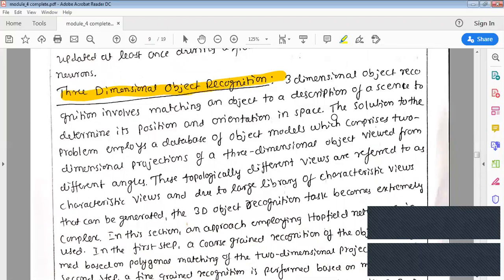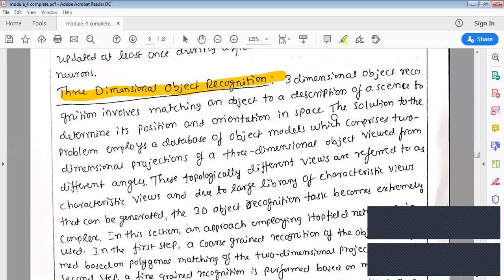Three-dimensional object recognition means we will train a neural network with a particular type of object, any object you consider. If it is facing the front, it can understand. Suppose it is facing the opposite side, or if I tilt the object to another side, can you recognize that object? For human beings, it is quite easy, but for a machine, it becomes very difficult. Therefore, we need to train the neural network so that if a three-dimensional object is rotated in any other direction, or upside down, or at a particular angle, it is able to recognize that object. That is done by these sorts of networks.